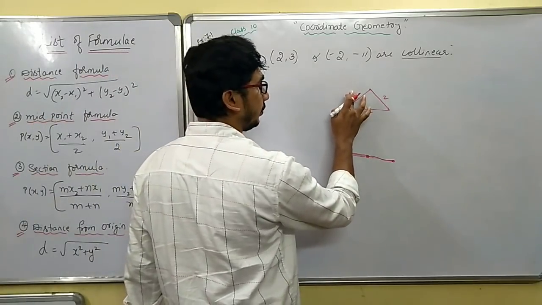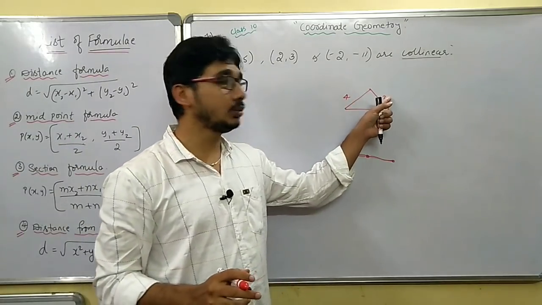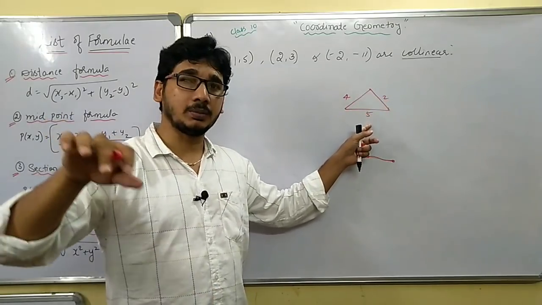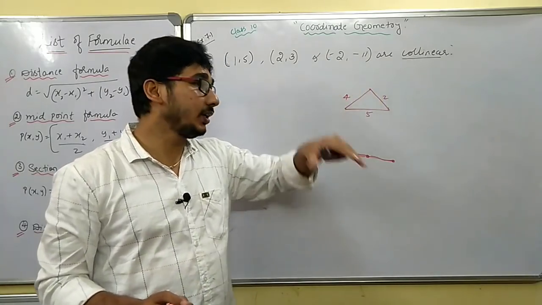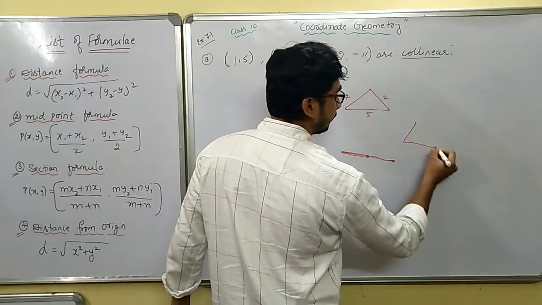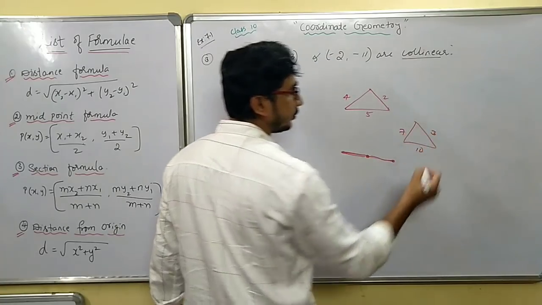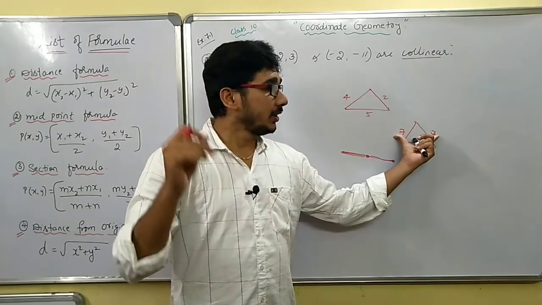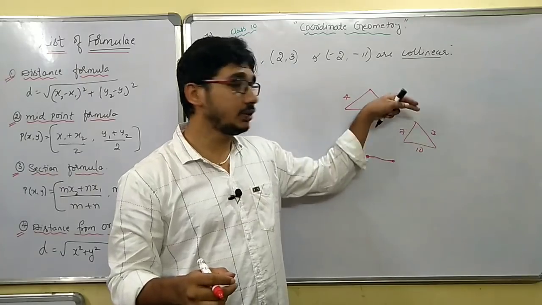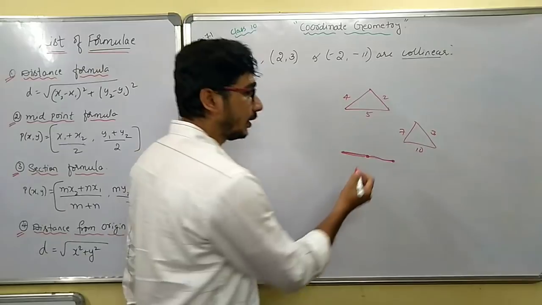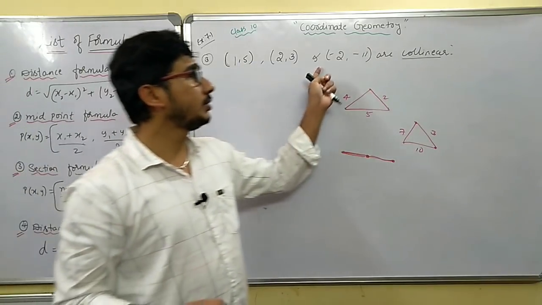So that is the reason it should not be 3. It should be some 4. That's all. If you add these two and get a number greater than the third, then it's not collinear. Suppose you add the two smaller numbers and get a value equal to the third number. See, for example, suppose I take here 10, here 7, here 3. These two are the small numbers. If I add these two small numbers and get a sum equal to the third number, then definitely these points are collinear points. So they are asking whether these points are collinear.